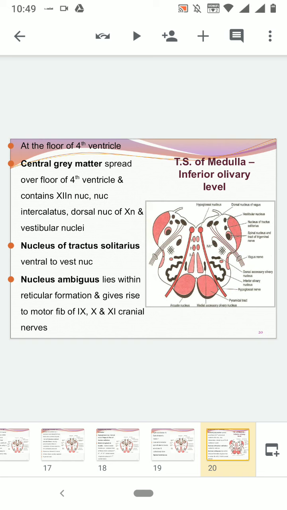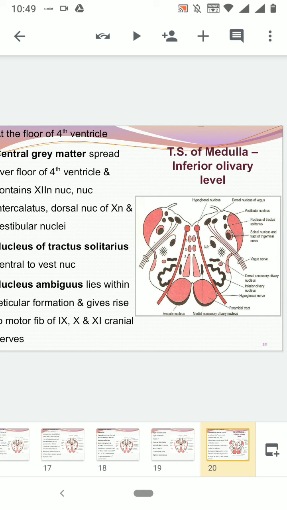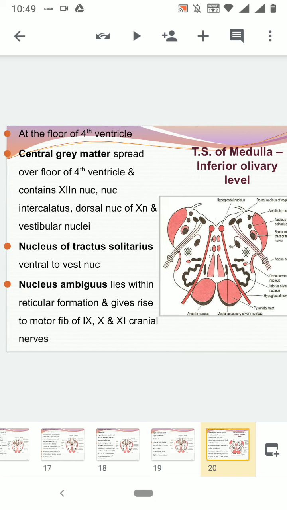As we go up, we are able to see the tracts. You have the medial lemniscus just above the pyramid. That is number 3, and then number 2 and number 1 you can see very well. One is the medial longitudinal bundle and one is the tectospinal tract. So all these tracts are getting formed. We have already talked about these.